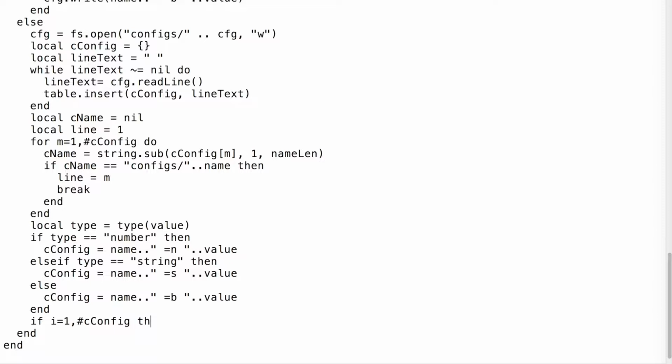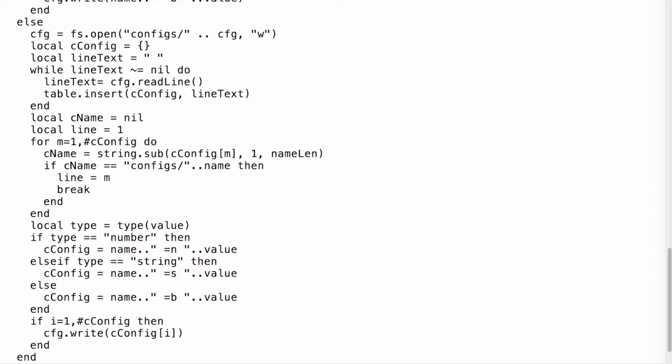So it will run this for every single line that C config has, basically every single line that we need to write. And now we'll do config.write, and we're going to write C config